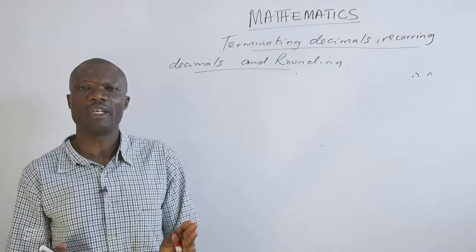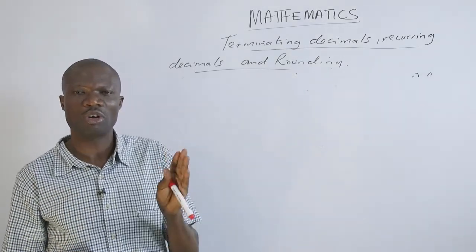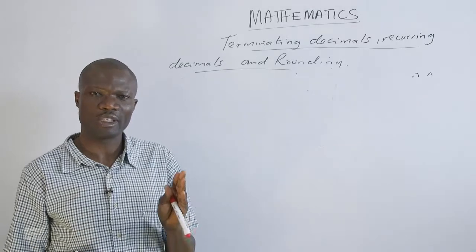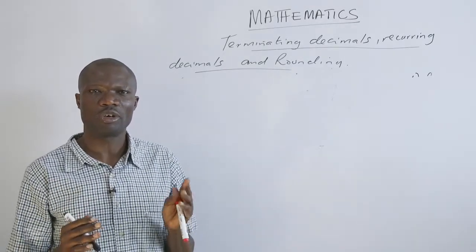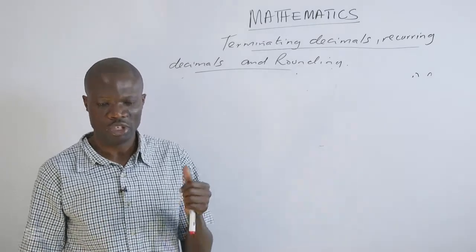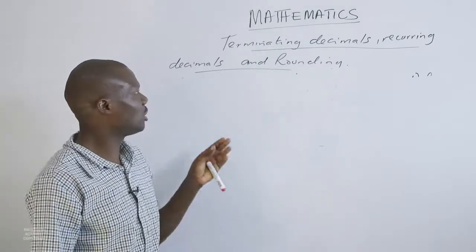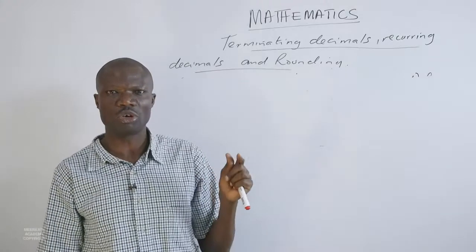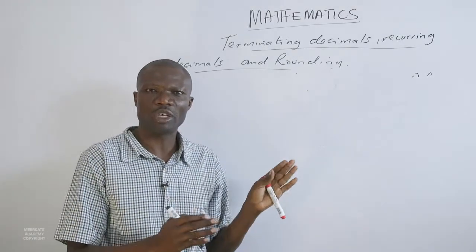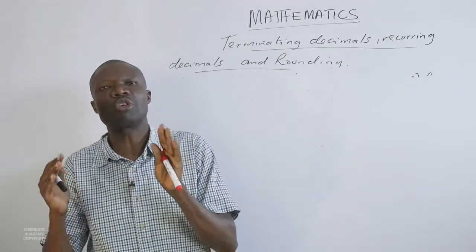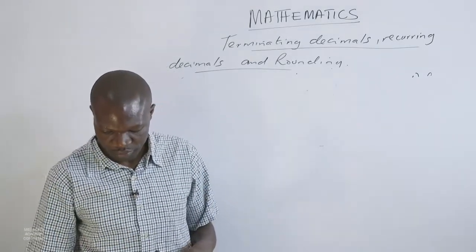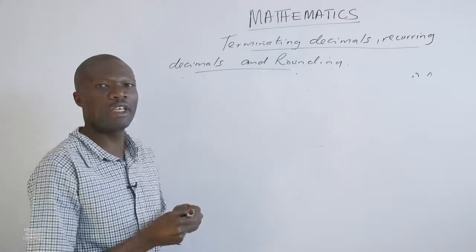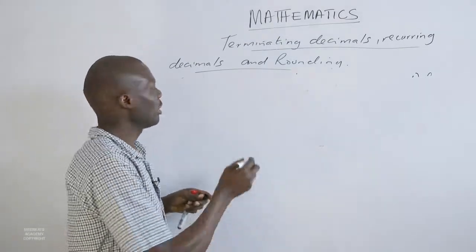Be they terminating decimals or recurring decimals or any other number, they can be converted into fractions. So if that is the case, we can convert any number into decimals, and we can also convert all decimals into fractions. Now, when you write A over B,